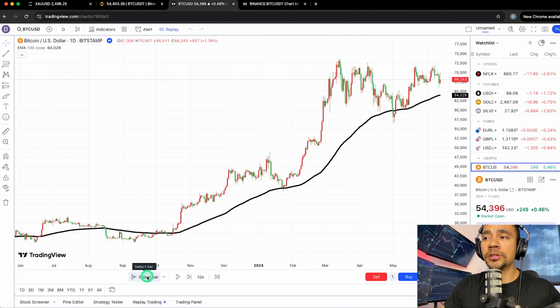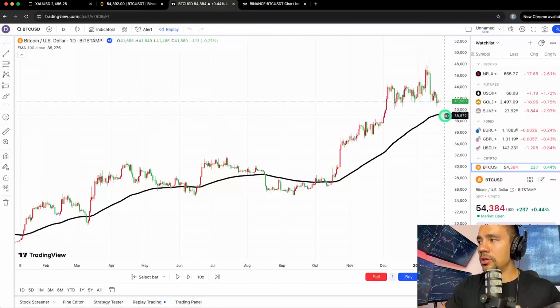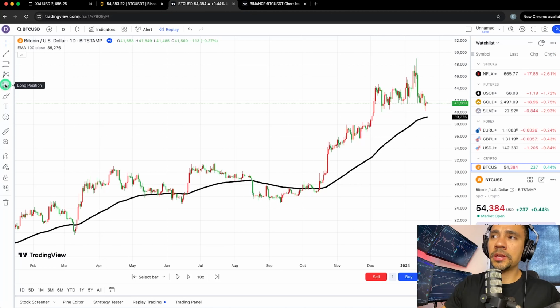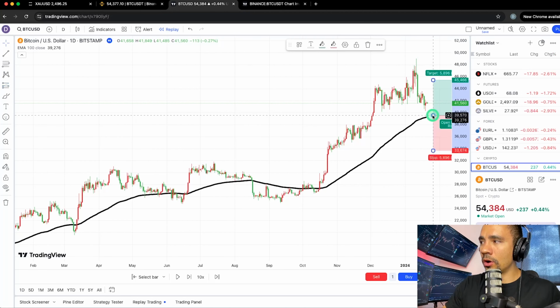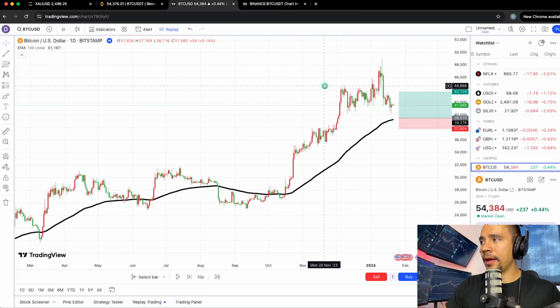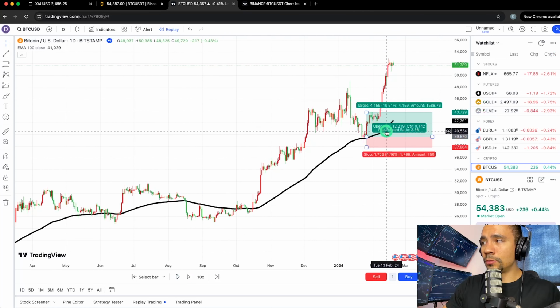So let's say your strategy is to buy or sell at the 100 moving average. Let's say you are here in time, your 100 moving average is right there. You already know how to use that tool of long position. So you come here, you say, okay, that's my long position. My stop loss is going to be below there, and then my profit target is going to be up there. And then you can just click play, and then boom, you get triggered,